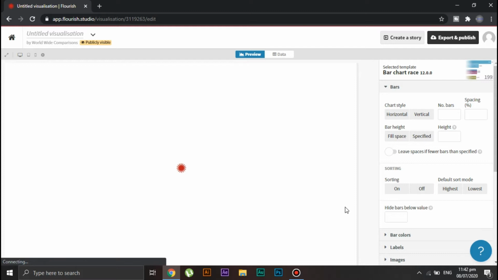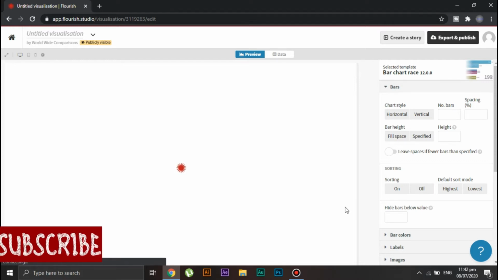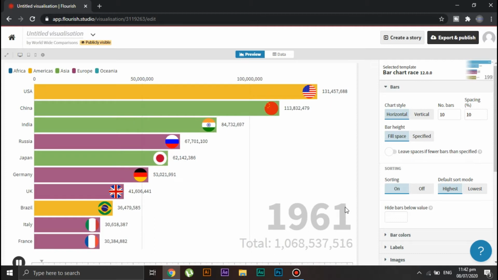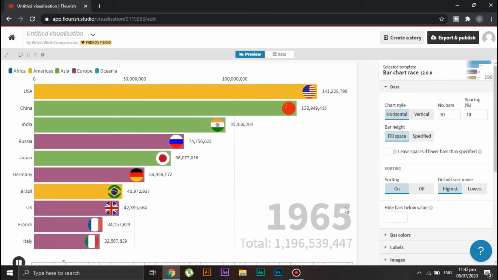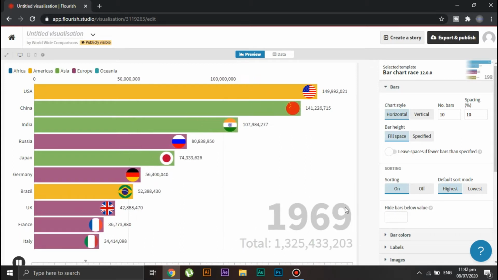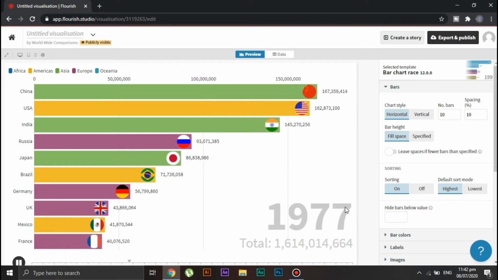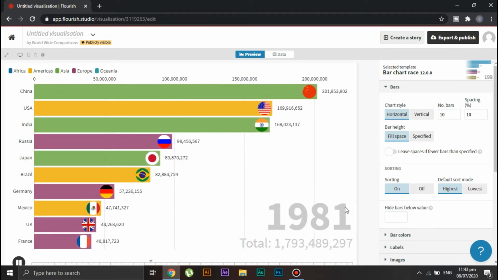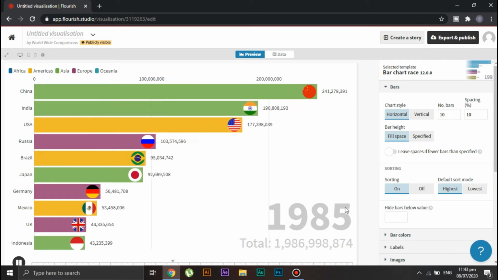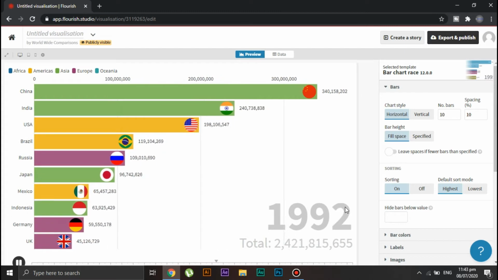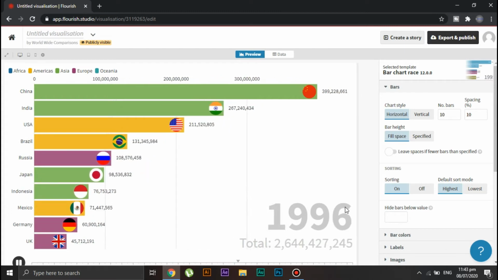Okay, before moving forward, I want to share some information with you guys about this bar chart race. The creation of the racing bar graph itself is quite easy, but there are two problems that the users face while creating the graph. The number one problem is the data collection. For example, if you want to create a graph comparing the GDP of different countries of last 5 years from 2015 to 2020, then it will take 30 to 40 minutes for you to collect the data, because you will have to collect all the data manually.